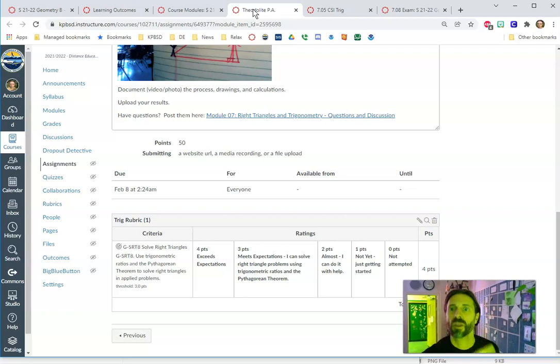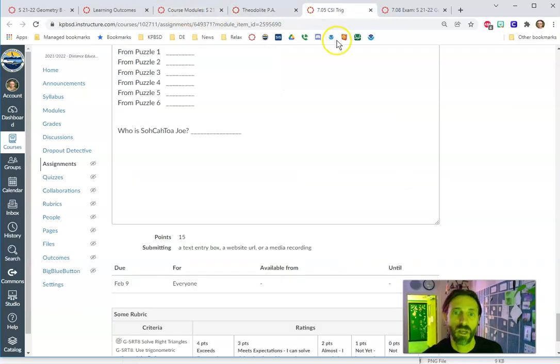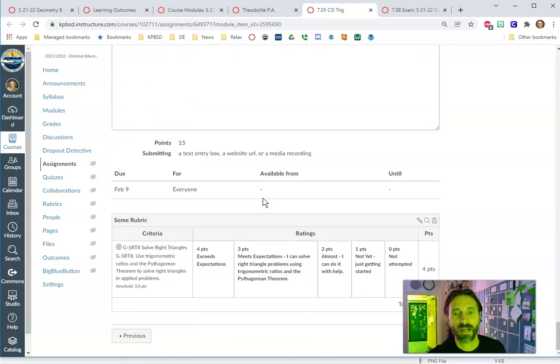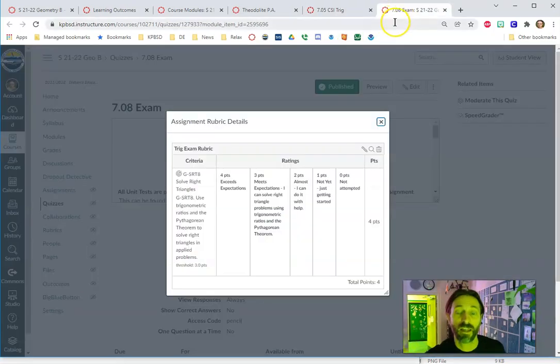So that's a 2. The next assignment in the module is kind of like a puzzle problem solving. Again, it's a formative assessment, but they've already had some coaching. So this is where I would expect more students to be scoring in that 3 range, maybe 2 range, needing some help. Finally, and then there's a review after this in the module, but then finally they have a summative